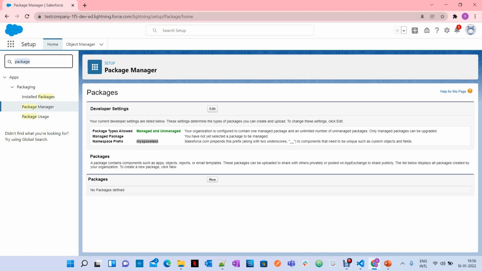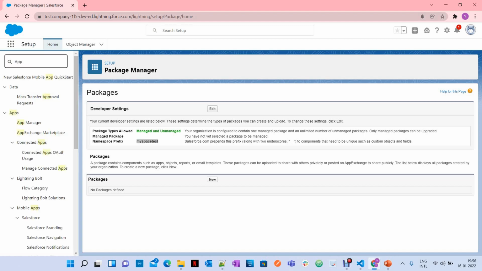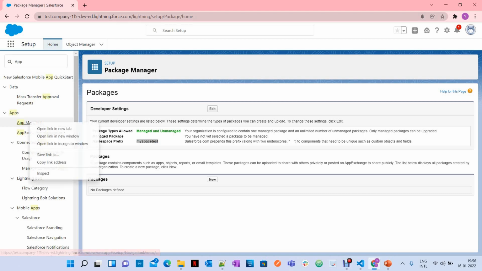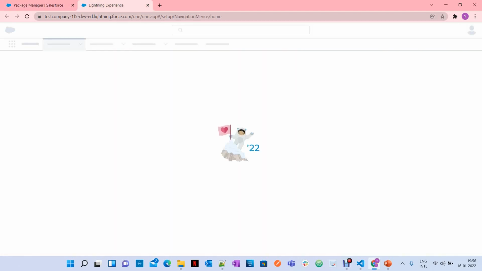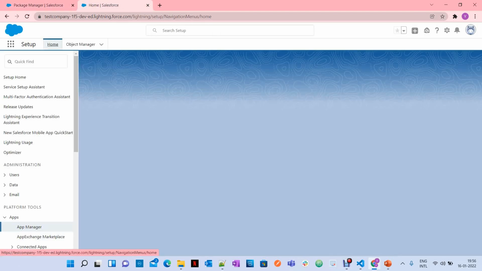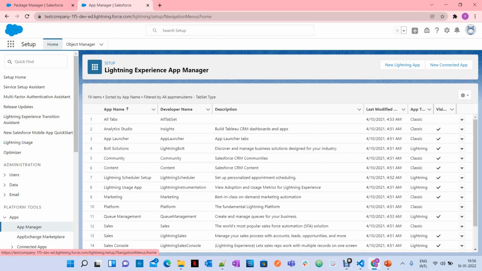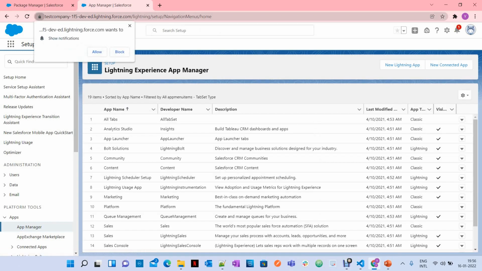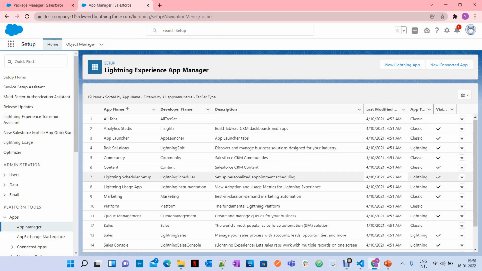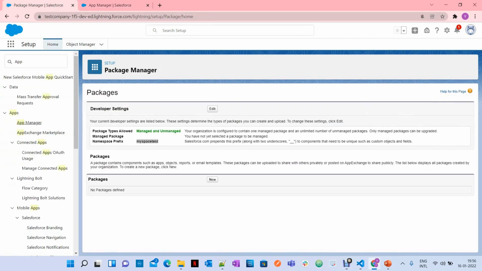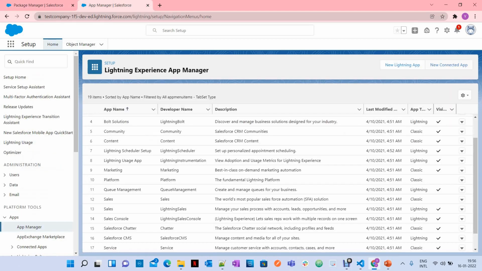Let's create a connected app in app manager. I'm just creating a sample connected app, only for this session, to explain how to add the connected app into a second generation package. So now, as I told you, you are trying to create a connected app in the namespace org where you created the namespace. Now create connected app,